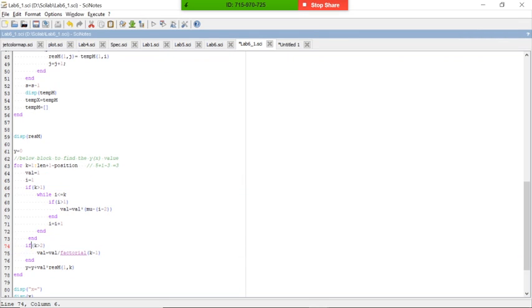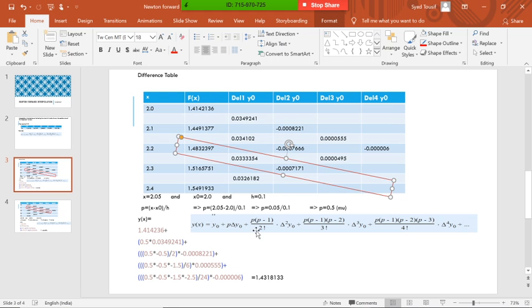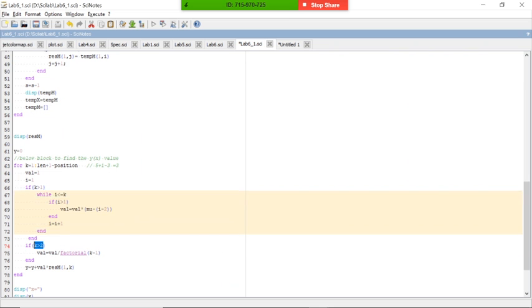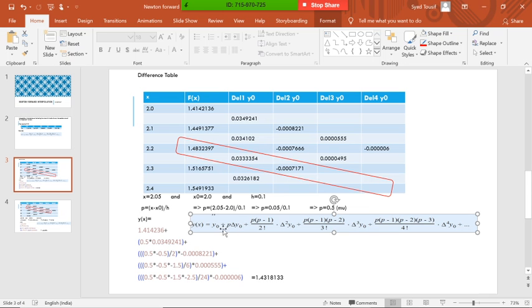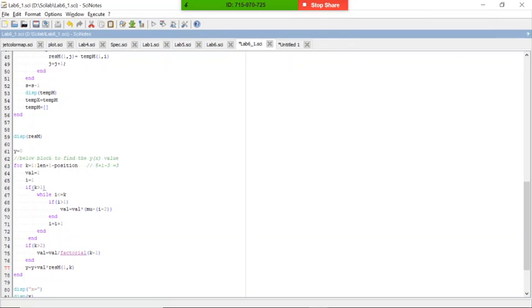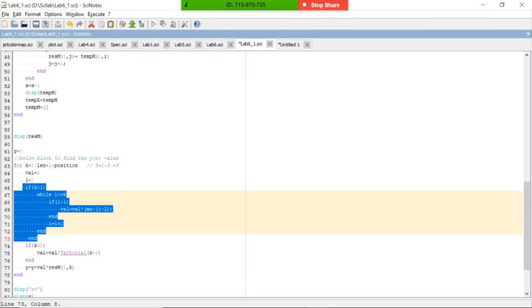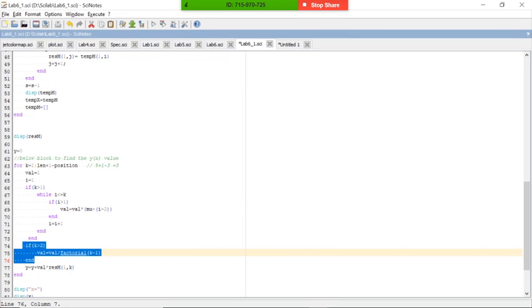And for factorial, k has to be greater than 2. Example, here 1, 2, this is k1, y naught is equal to k1, delta y naught is equal to k2. It has to be more than 2 to calculate the factorial. And the remaining, this is the formula. We'll check for y naught. For y naught, k is equal to 1. We don't have to calculate p, we don't have to calculate factorial also, so we'll directly go.